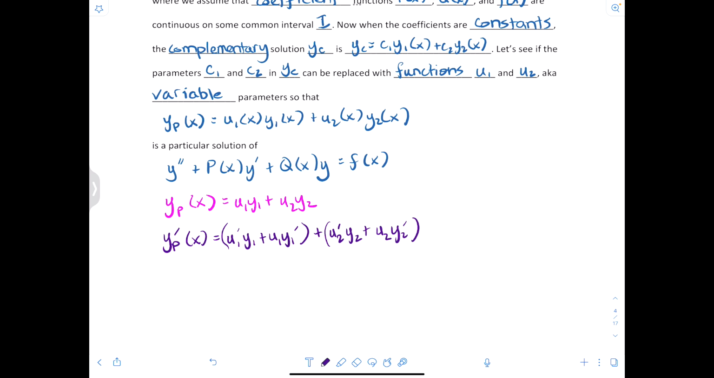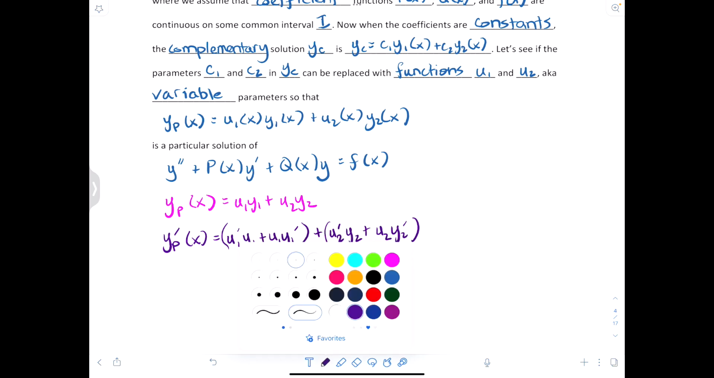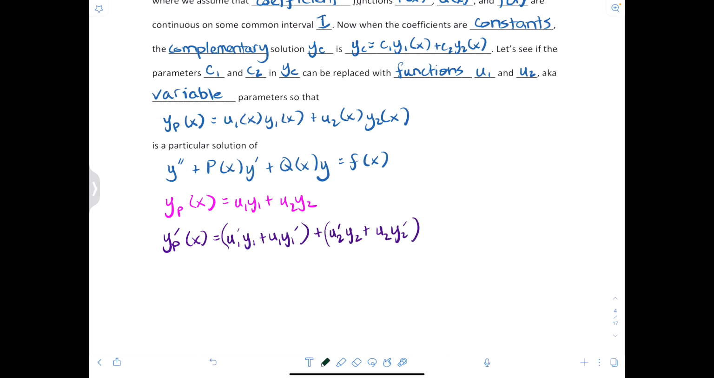And then the second derivative will be yp double prime at x, and then again we just go through: u1 double prime y1 plus u1 prime y1 prime, that's for the very first term, and then continuing we'll have plus u1 prime y1 prime plus